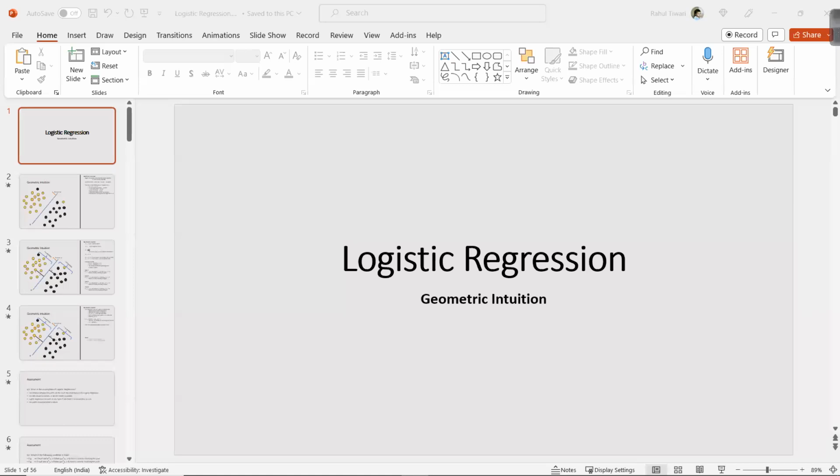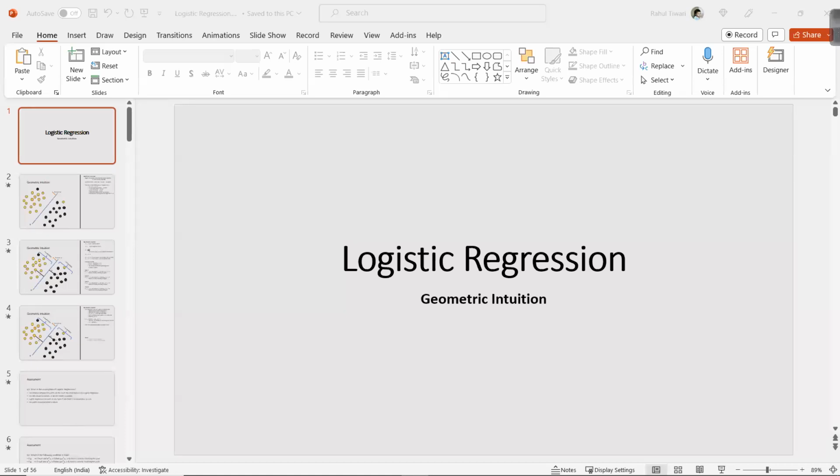So we are going to discuss briefly what happens in logistic regression, and at the same time we'll quickly go through one of the Python codes as well. So, logistic regression